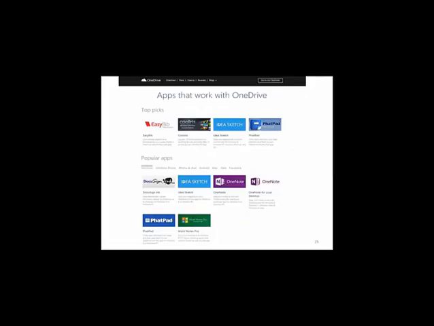Microsoft has these different apps that it works with. Again, I'm going to show you some information about EasyBib and OneNote. I assume, though I haven't really checked on this, that Google Docs is going to have similar things, but Microsoft Office offers some fairly easy integrated applications with the online Office.